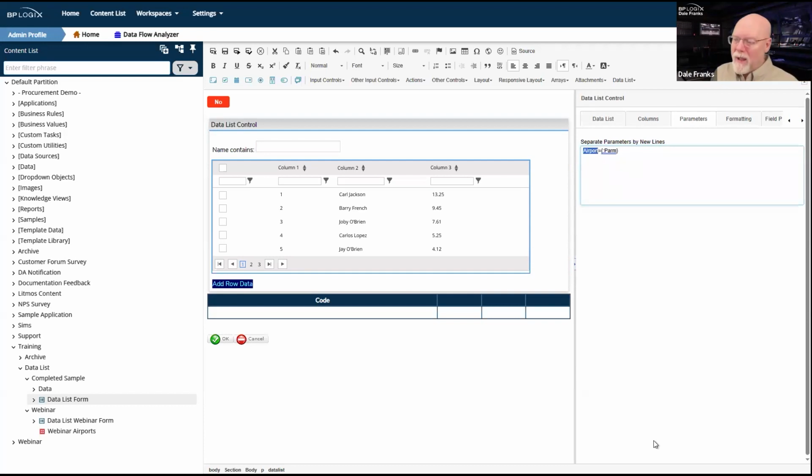Now, to pass a parameter requires that I have a source value for the parameter that I'm going to pass, which in this case is the parm form field. It also requires that my business value accept a parameter, which it currently does not. So it is going to have to be edited to accept one.